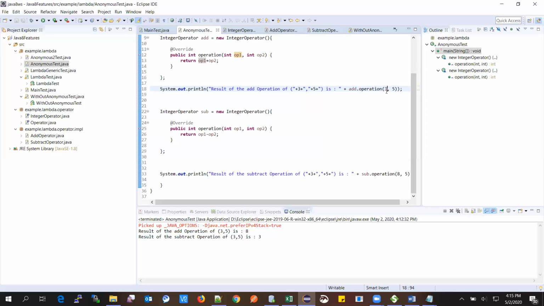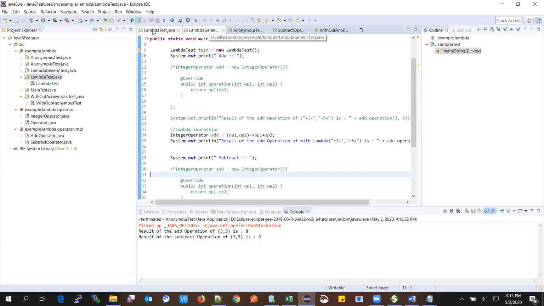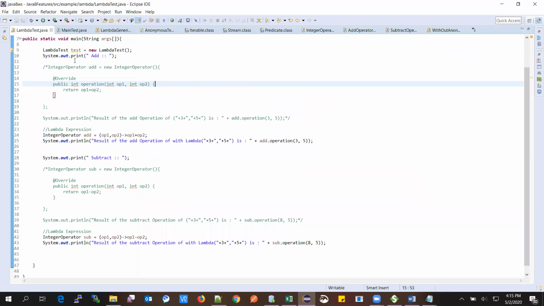Now I am going to lambda expressions, and I'll show what lambda is. We already saw with the anonymous class that we are repeating many things in the code but changing only one statement. That one is the lambda expression.